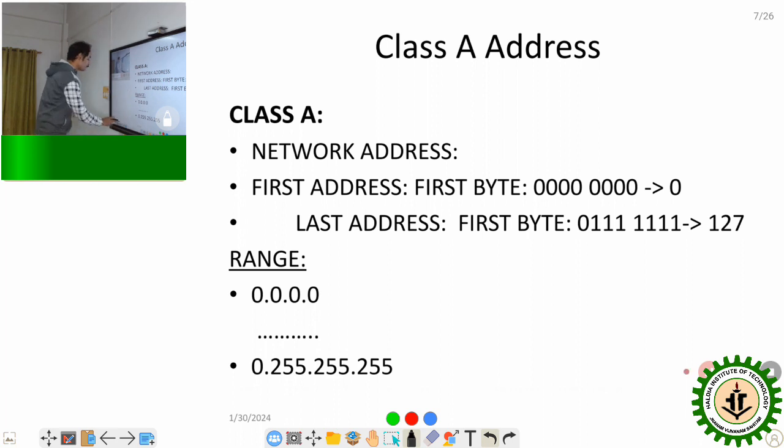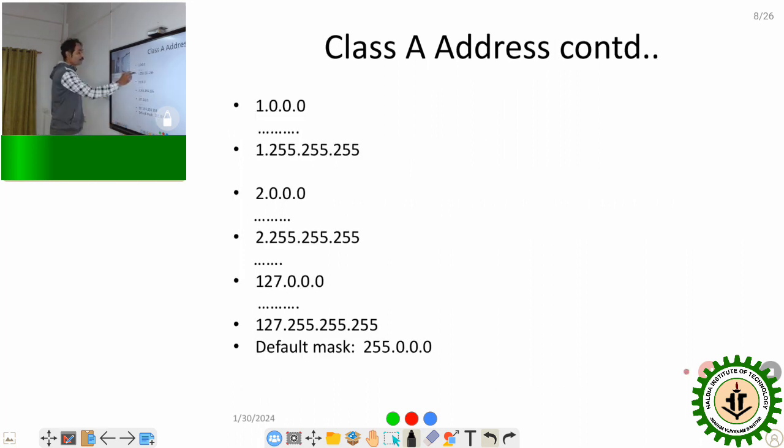As we proceed, the next block starts with 1, beginning at 0.0.0 and ending at 255.255.255. In this way, we derive the ranges for all the blocks, and the last block is the 127 block, whose starting range is 127.0.0.0